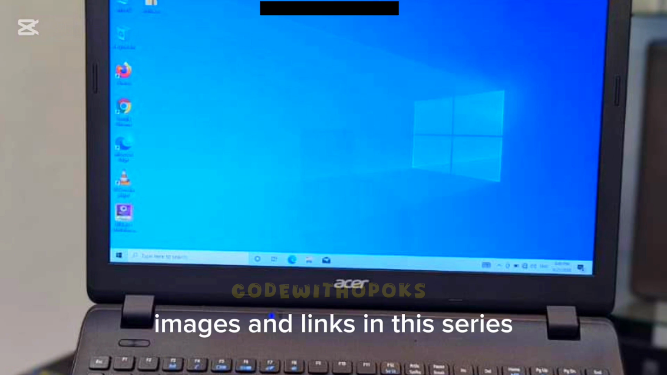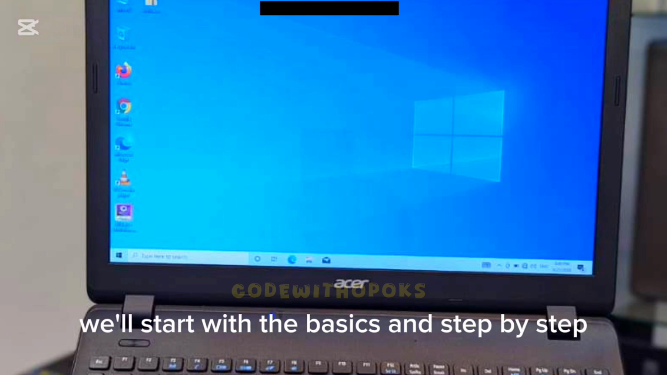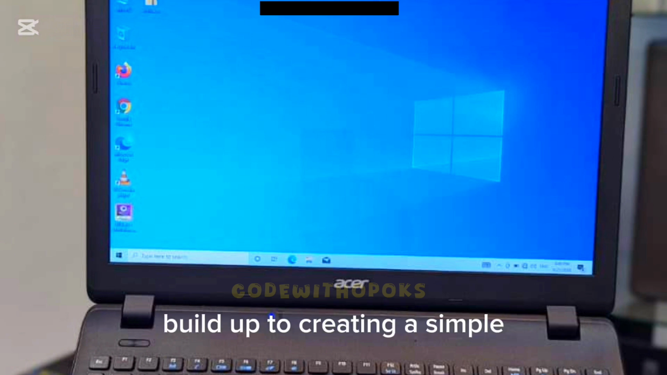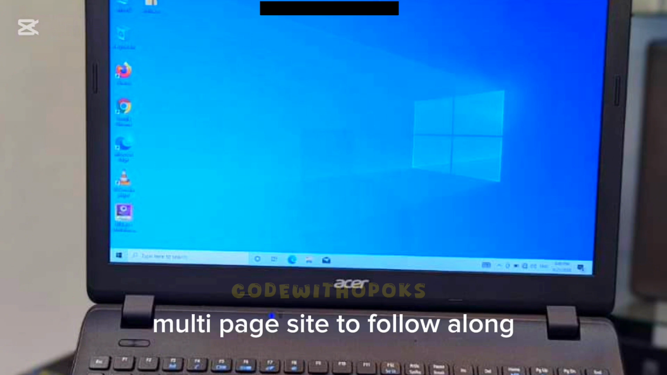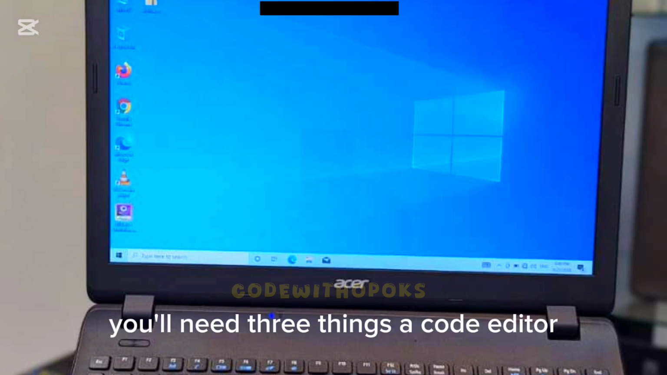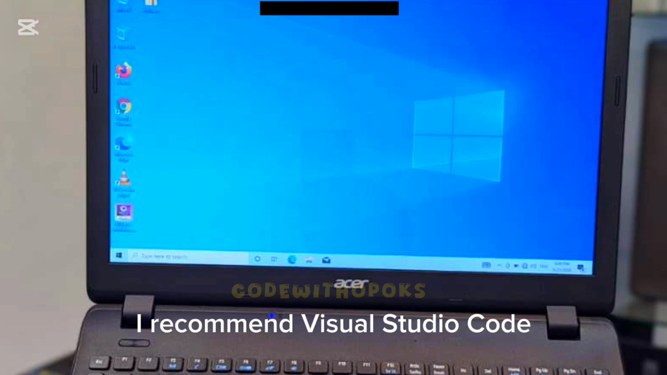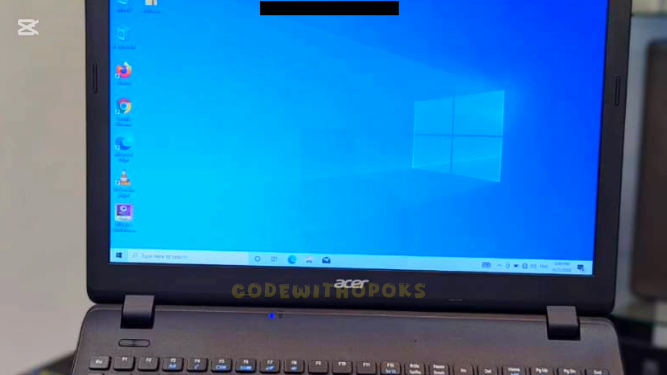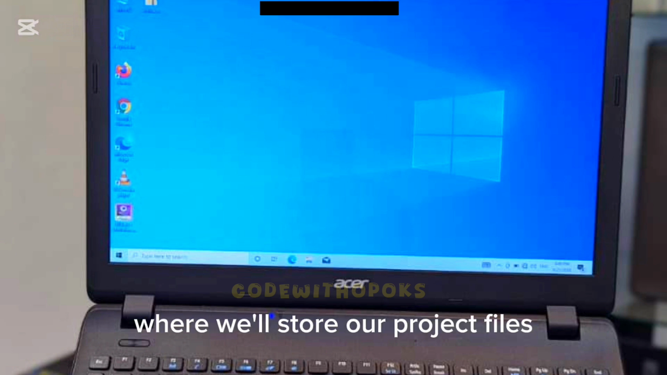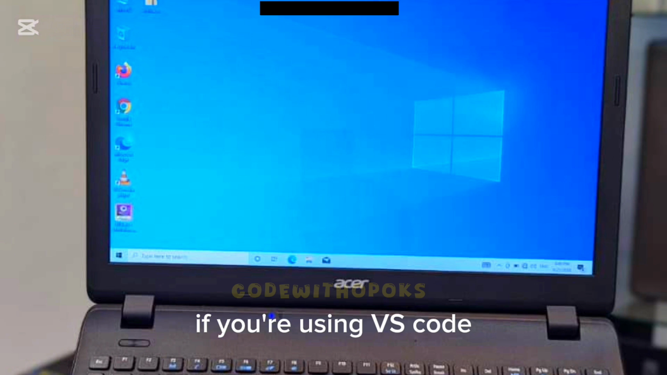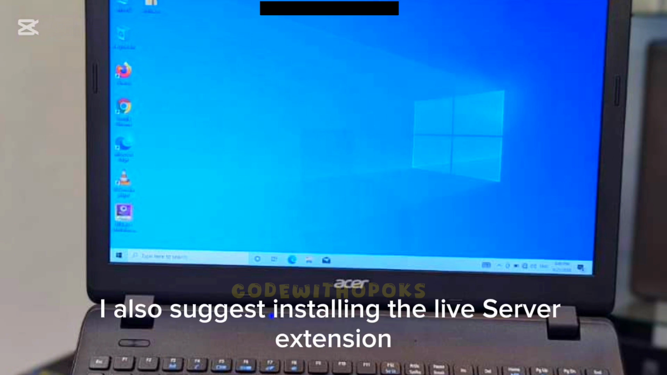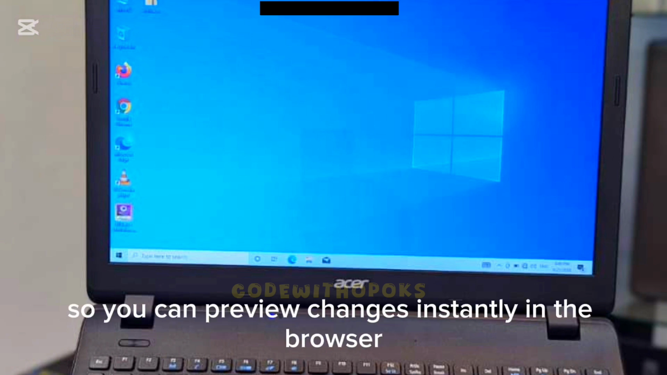In this series, we'll start with the basics and step-by-step build up to creating a simple multi-page site. To follow along, you'll need three things. A code editor. I recommend Visual Studio Code, but you can use any editor. A web browser, Chrome, Firefox, or Edge all work. A folder on your computer where we'll store our project files. If you're using VS Code, I also suggest installing the Live Server extension so you can preview changes instantly in